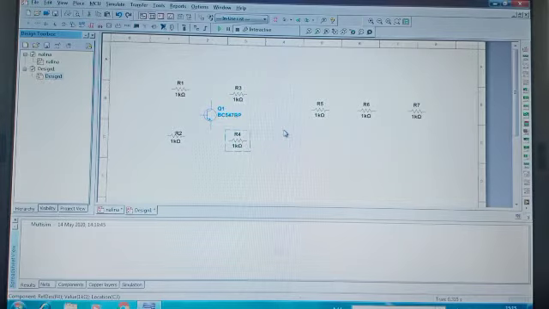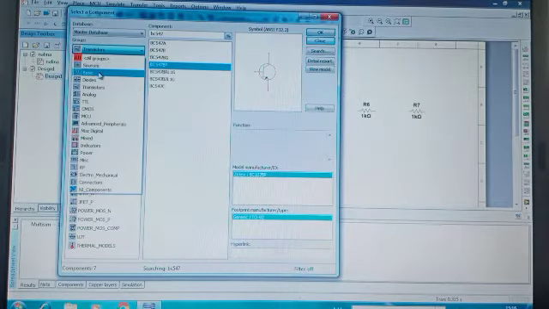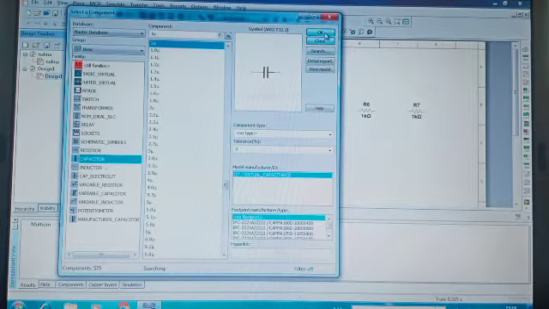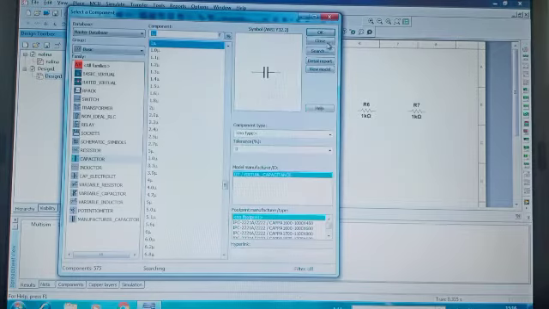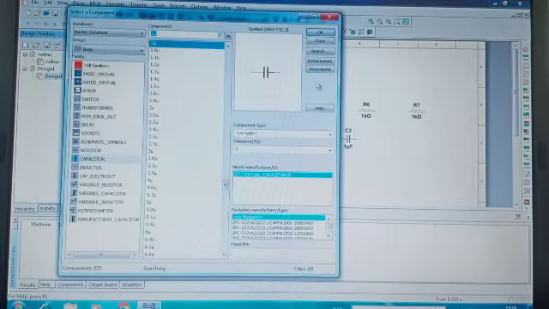After this we need capacitors. Again we go to basic, and there is a capacitor, so just take them randomly. We need 5 capacitors.